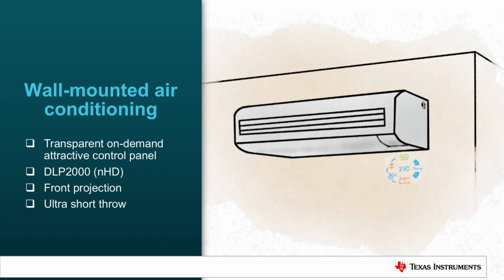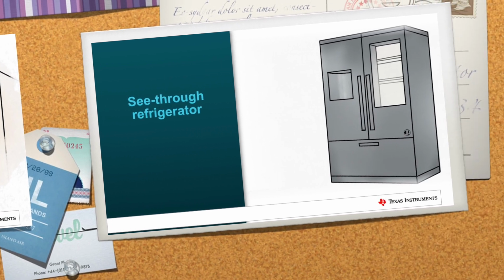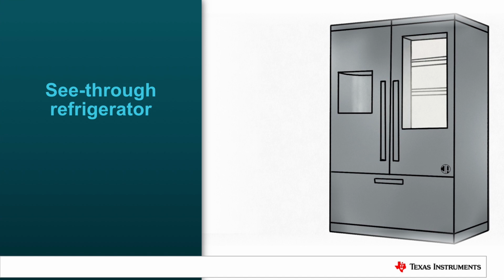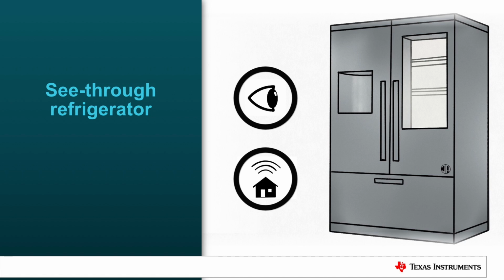Let's transition now to a large major appliance. This is the refrigerator. Right now, there's a bit of a trend to include see-through capability where the end user can actually see inside the refrigerator without having to open it up to maintain the cooling temperature. Also, the refrigerator itself is now becoming more of a smart home type of appliance where people can use it to get information and also communicate with the household.